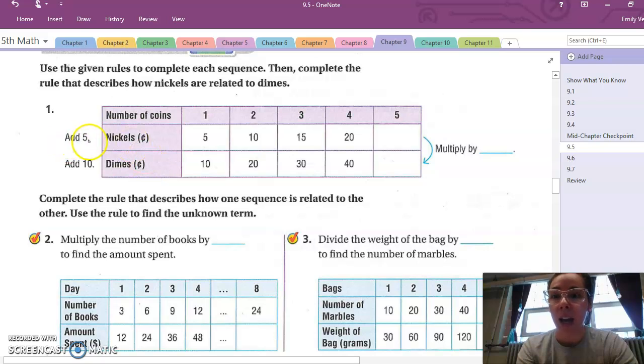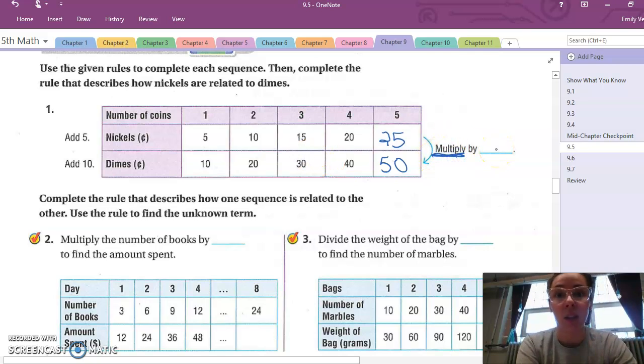Here the rule is adding 5. 5, 10, 15, 20, 25, you guys know that. And for the bottom row, you add 10. 10, 20, 30, 40, 50. Whoops, I was about to write a 4. That's not right. There we go. Okay, now let's look at this here. To find the rule that shows how the top row is related to the bottom row, we're going to multiply